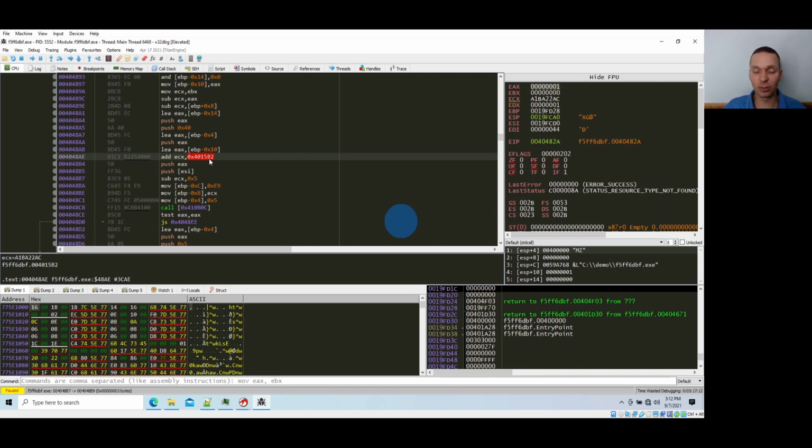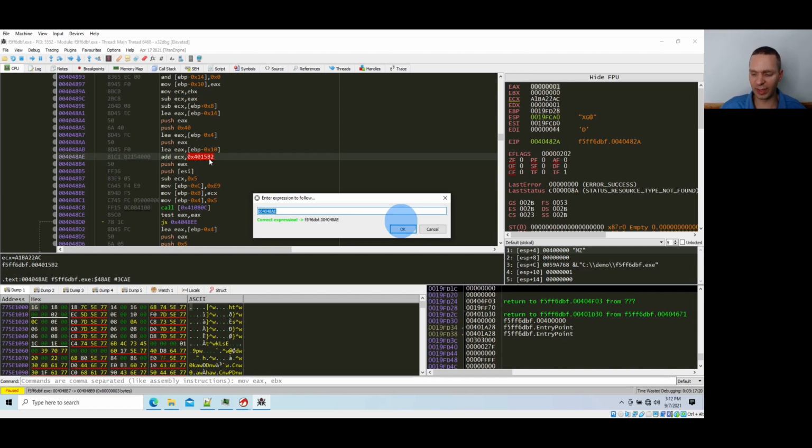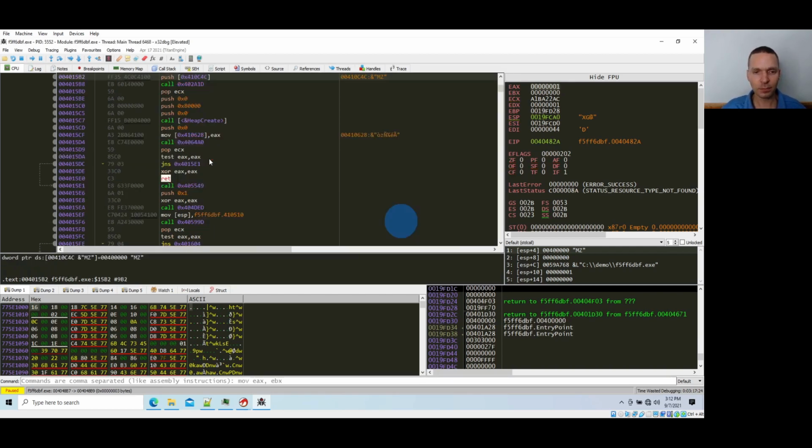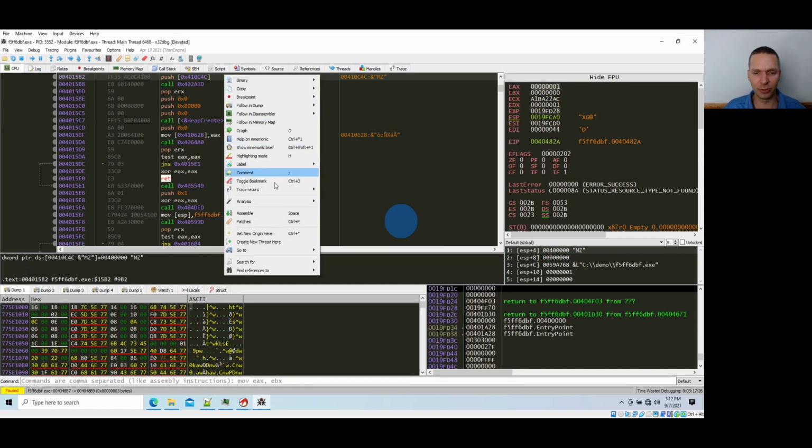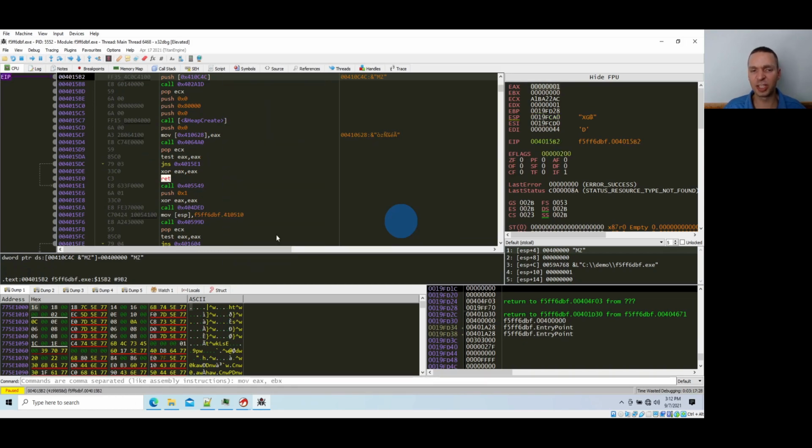Now, luckily, this stands alone, so I don't have to change off like opcodes to have like an infinite loop, let it inject and attach to it. All I'm going to do is hit Control G and go to the address, 415 Bravo 2. And now I can right click and do set new origin here. That changes my EIP. I'm now in the unpacking stub, and it's going to unpack the resources and load it